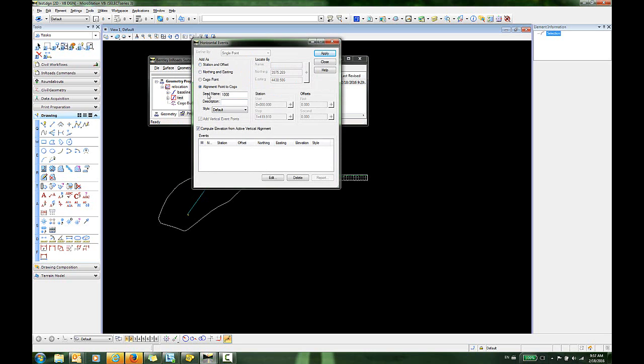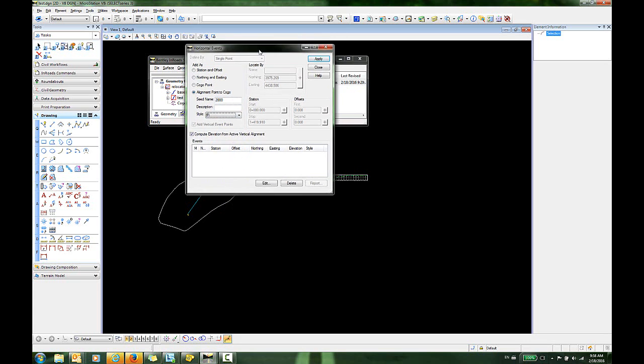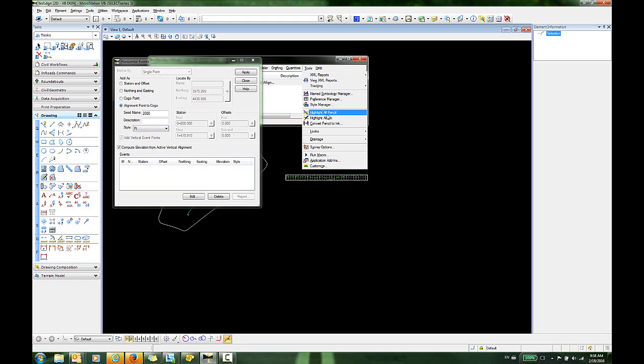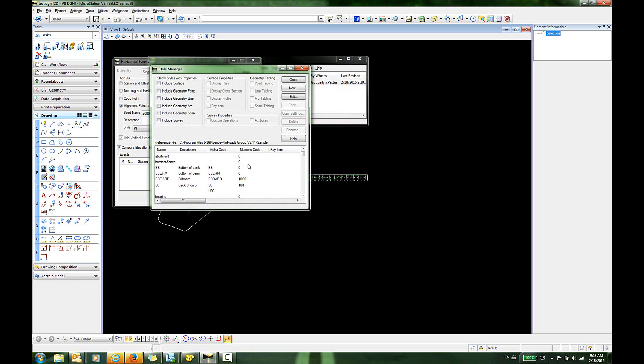as our add as, and you can see everything else kind of grays out here. Again, you want to make sure that you have compute elevation from vertical alignment toggled on. We'll give that a different seed name and set that same style of PI. And before we move ahead here, let's just take a look at how I have that style PI set up. If I go into the Style Manager and locate the style PI and select Edit,